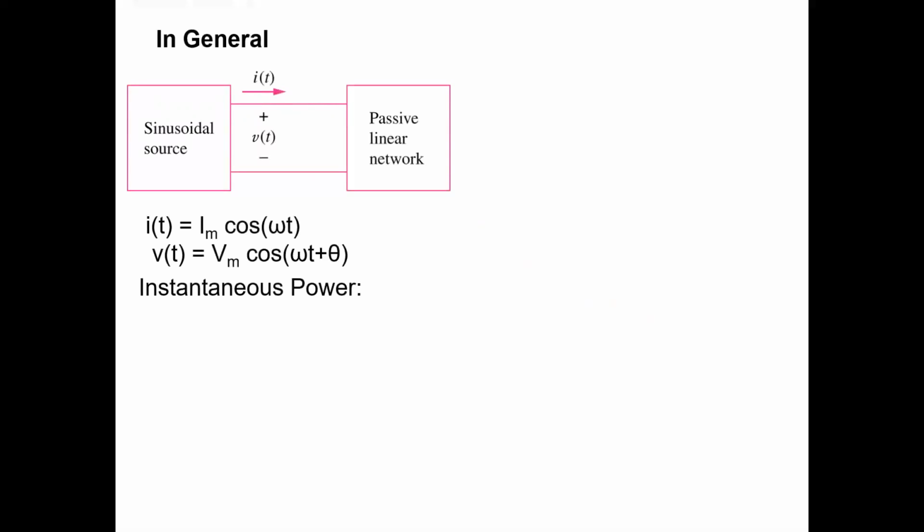If we talk about, in general, some passive linear network which has some L's, R's, and C's in it, which is going to have an equivalent impedance of some R plus jX, you can think of that as some magnitude with an angle of theta, and you can think about that as a triangle, which is going to have the magnitude Z on the hypotenuse, R on the real axis, and X on the imaginary axis. That P of t,